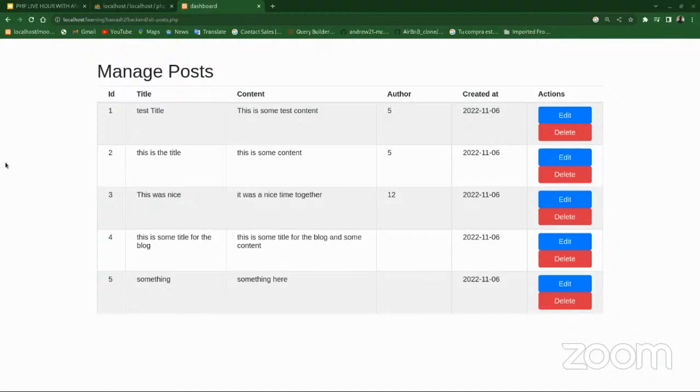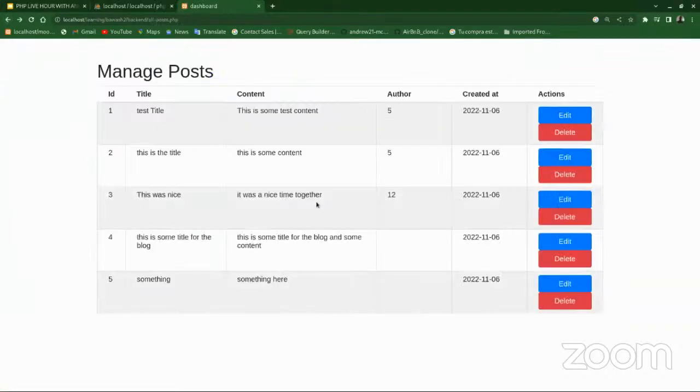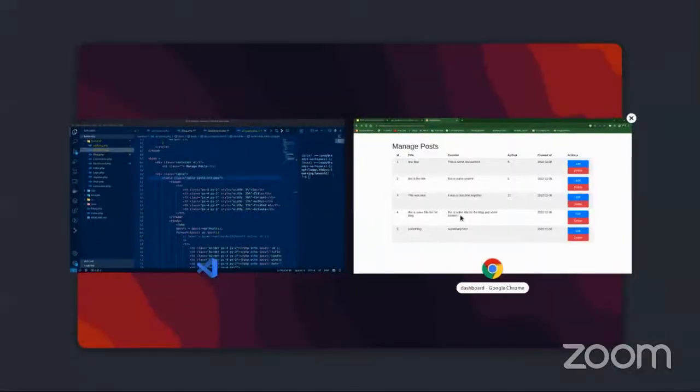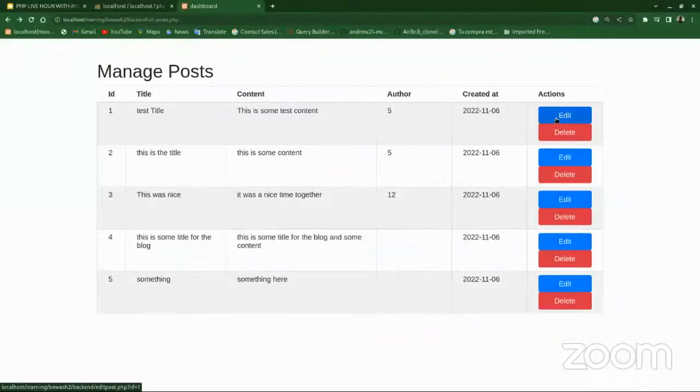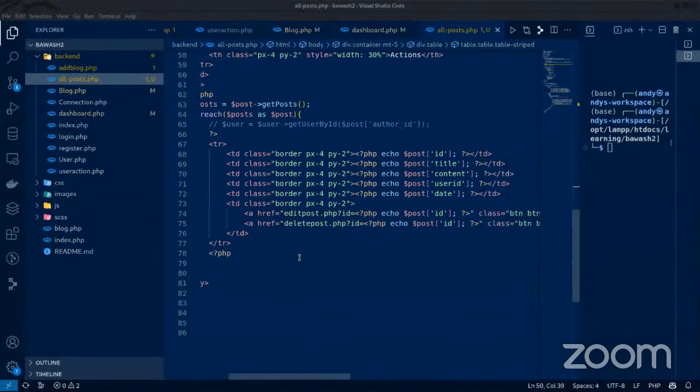Okay. So we have this post now displayed. We want to be able to edit posts. We also want to be able to delete posts, right? So basically, the edit post should take us to another page. The delete post should literally be a form, right? So in this case, this is going to be a form,